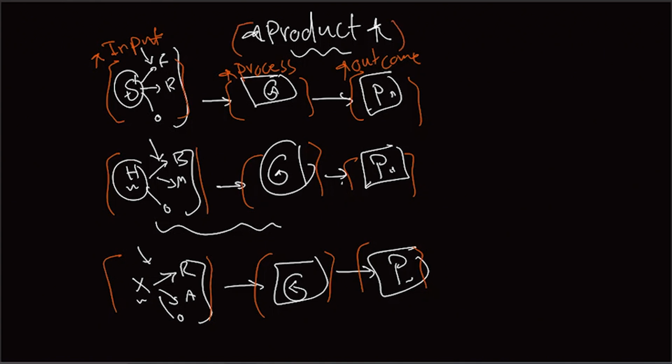Now, what I want you to see here is that there are a few terminologies in common between these three examples. In the first stage, there was a need for somebody to become a university student. There is a need for somebody to own a house. There is a need for company X to release that product. In the second block, the process, you will see the word data. You start to process this data to understand its structure, stream, and what's going on. And finally, it's the outcome something.